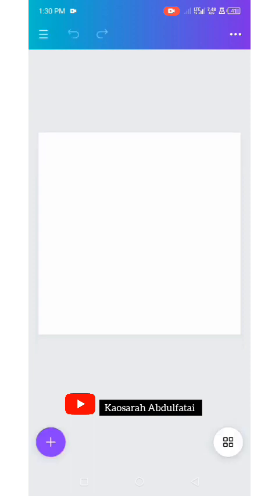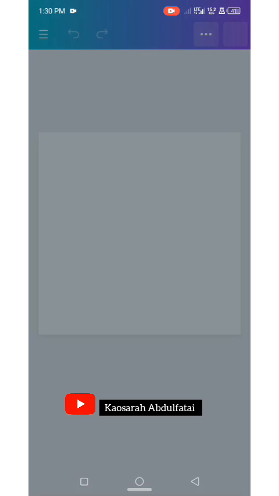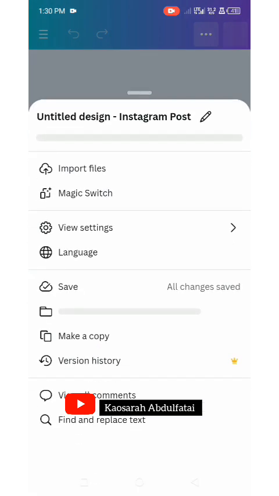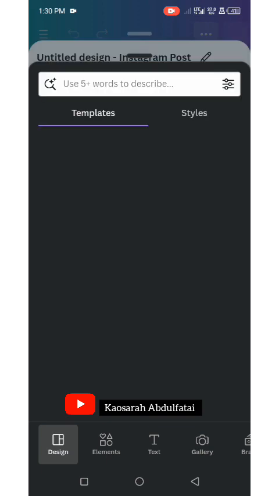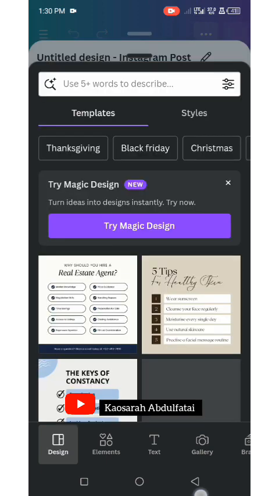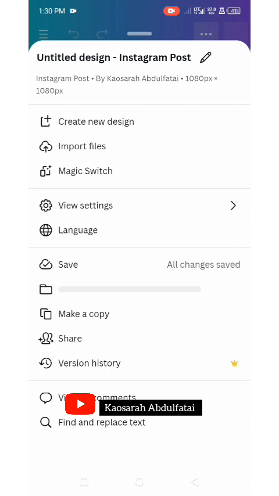Yeah, so we're not going to make use of this size. The next step for us is to click on the plus size, this plus area that we're seeing here. Tap on it, and once you tap on it, it's going to open up to this area where you click on create new design. When you click on that create new design, then you'll have this option to